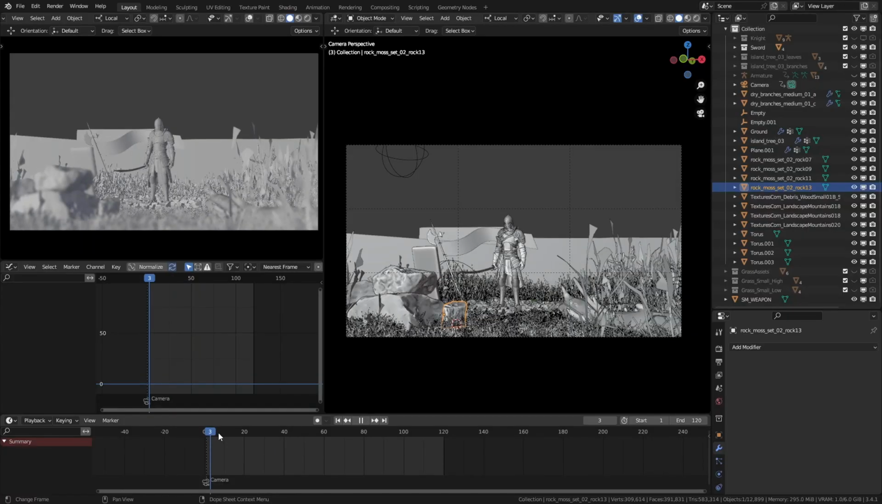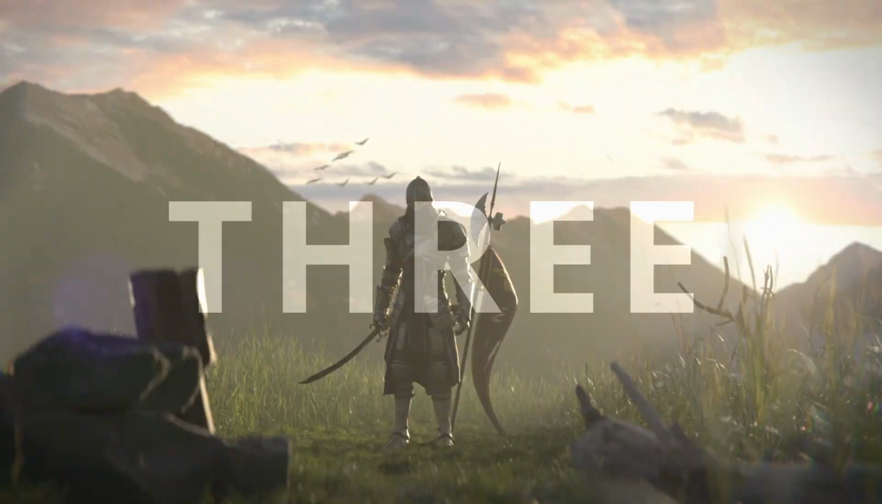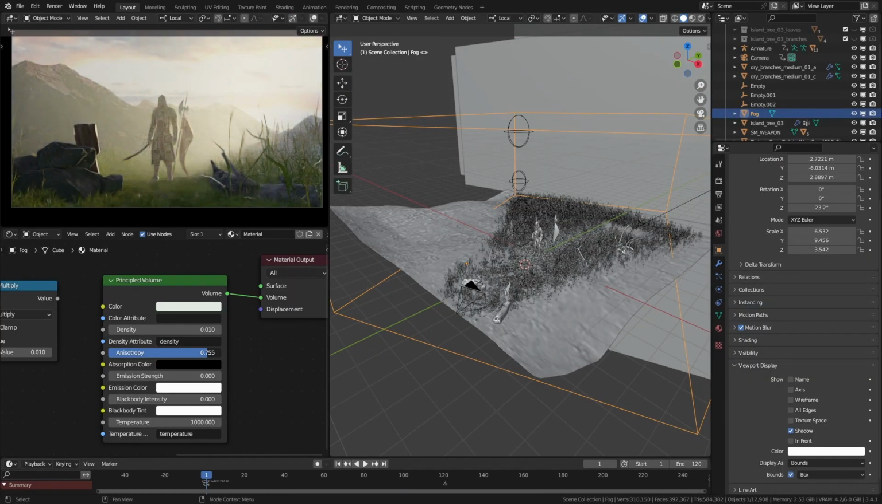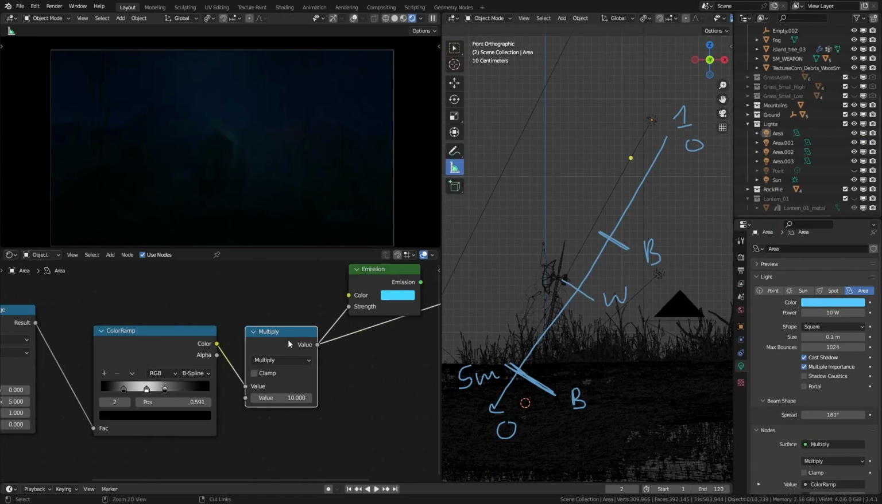In this video, I'll show you how to transform one scene into 3 different modes. After a quick tour of the scene, I'll demonstrate how to manipulate lighting and other elements to achieve our desired